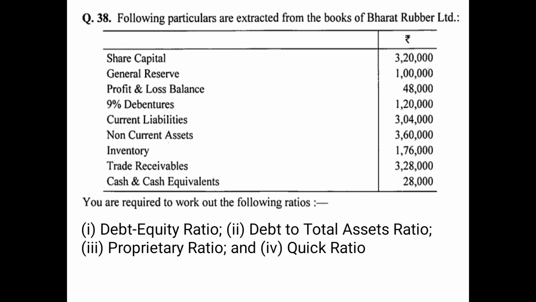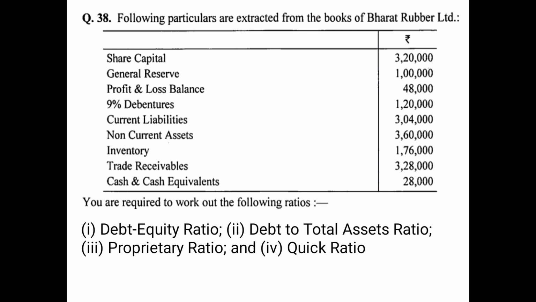So share capital is a part of equity, general reserve is a part of equity, profit and loss balance is a part of equity, 9% debentures is a part of debt, current liabilities will be helpful in current ratio or basically quick ratio in this case, then non-current assets, then your inventory, trade receivables,